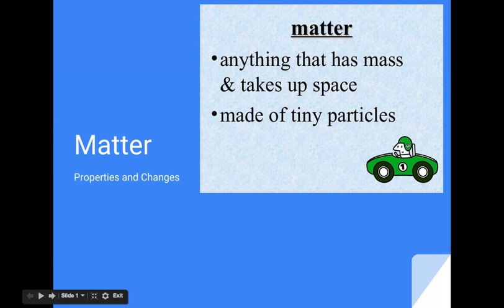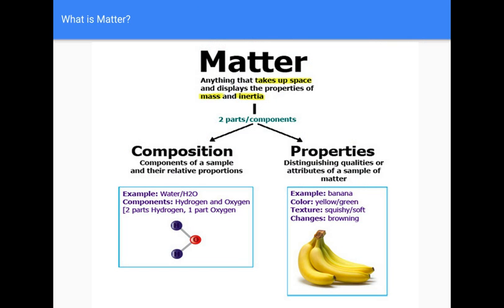And so, as you learned in middle school, matter is anything that has mass and takes up space. And as we'll see, it's actually made of tiny particles. We can talk about matter being made up of or having a composition of particles. And sometimes those particles are called molecules, and sometimes those particles are called atoms, depending on whether it's a pure substance or whether it's an element. We'll talk about that later.